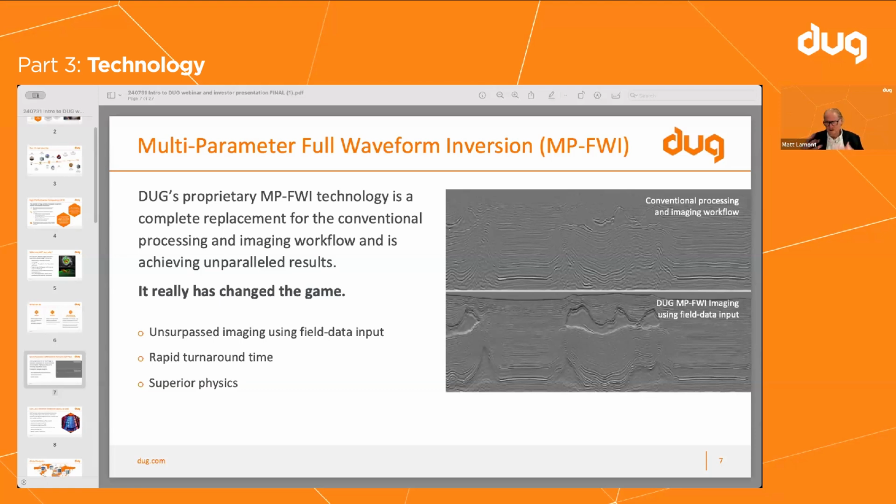So there's this whole process going on as we bring out MPFWI, and we do it more and more. We've got clients now that just say it's fabulous and we just want it, and then there's other clients that are still questioning it. And of course, the backdrop to all of this is you've got companies like CGG just muddying the waters as much as they can. And we've seen internal